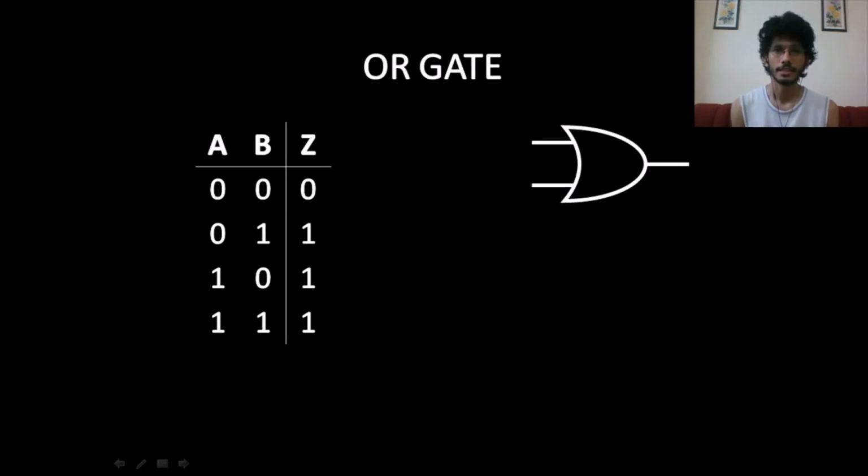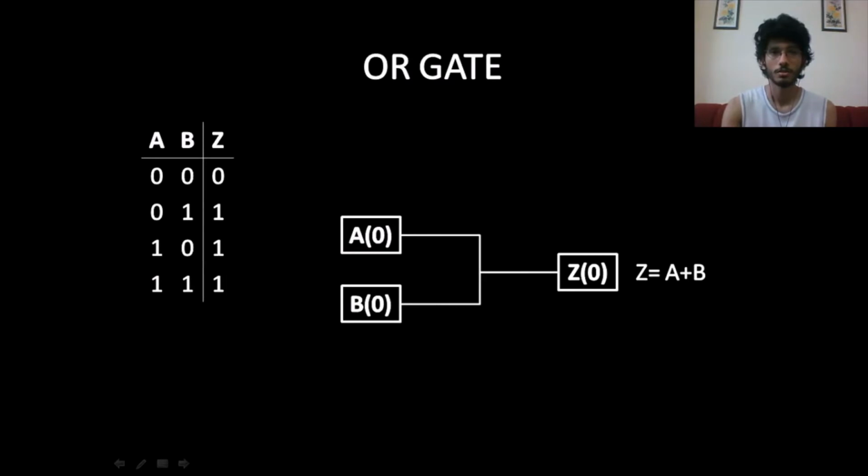The next logic gate is an OR gate. Now OR gates are kind of simple. The output is going to be 1 if any of the two inputs are 1. So if A is 1 or B is 1, the output is going to be 1. Now if you were to implement this logic gate, you can just short the two inputs and get the output. That is the OR gate, and the equation will be A plus B because it kind of looks like adding two numbers, maybe. So when any of the two inputs is activated, the output automatically gets activated.